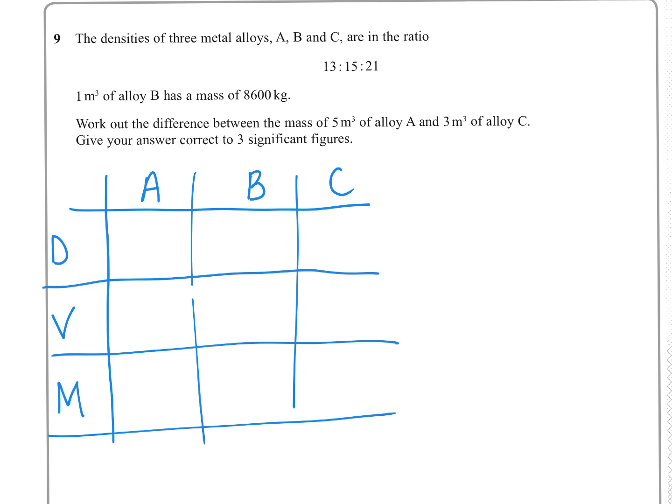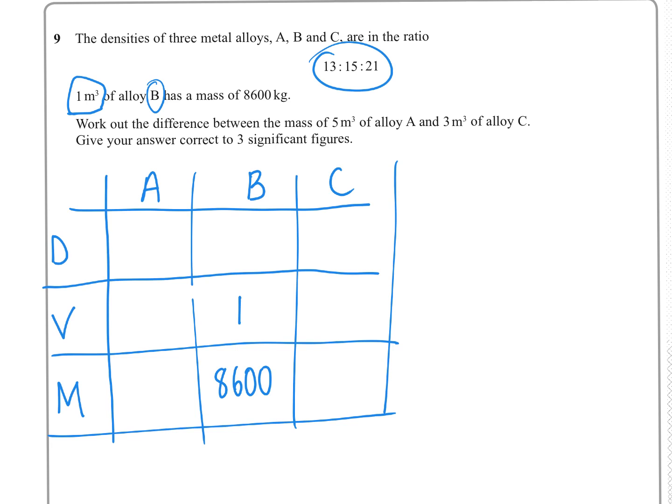Let's see what information we do have, and we have that 1 meter cube of alloy B. That's a volume, so it has a mass of 8,600 kilograms, but we also know the ratio of A to B to C is 13 to 15 to 21, and that's the ratio of the densities, so I put that in this row here. Okay,